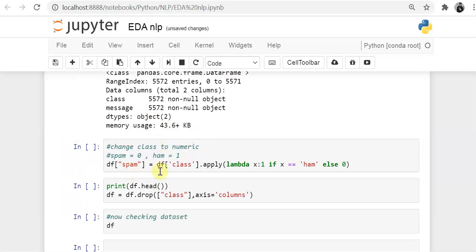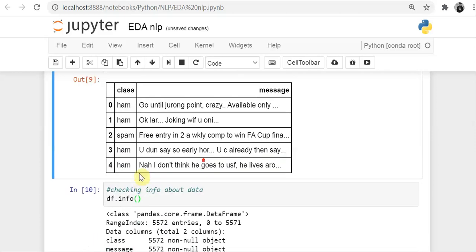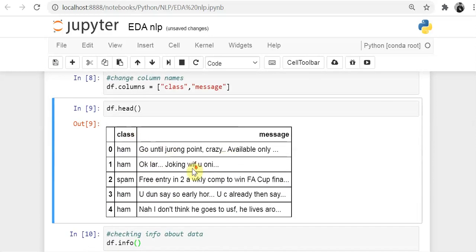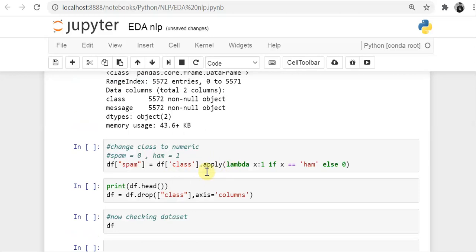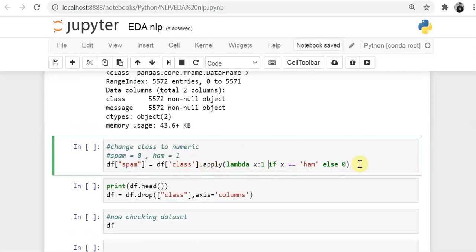I am creating a new column, spam. df spam equals df class, our column is class, dot apply a function, give the value 1. We have already talked about lambda functions. So give the value of 1 if the value of x is ham, else 0.